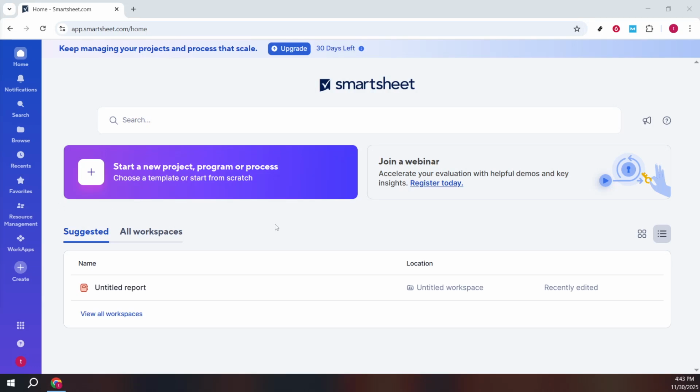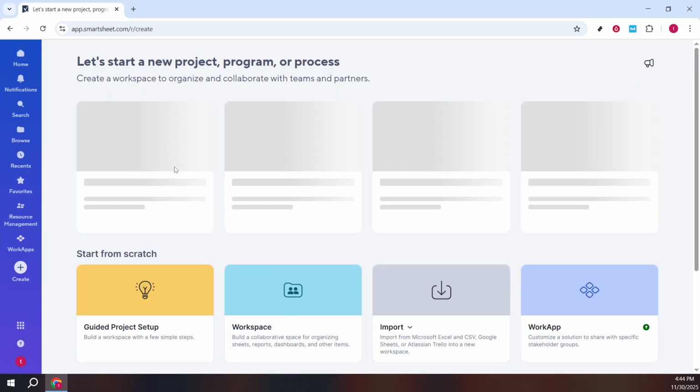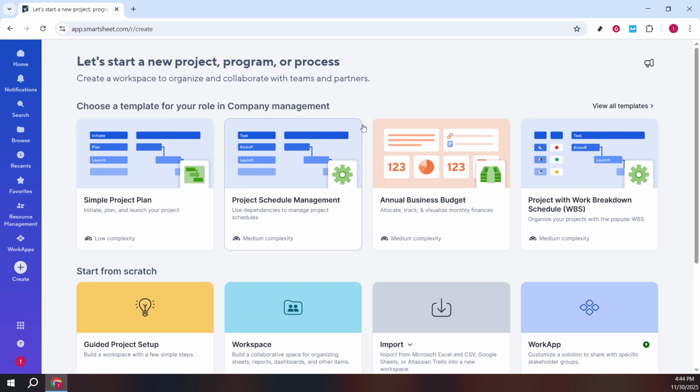In today's video, I'm going to teach you how to build a dashboard in Smartsheet. First, open Smartsheet in your browser and sign in so you land on the home page. From here, look for the option to start a new project, program, or process. This is your entry point into creating new items, and it puts you in the right place to build a